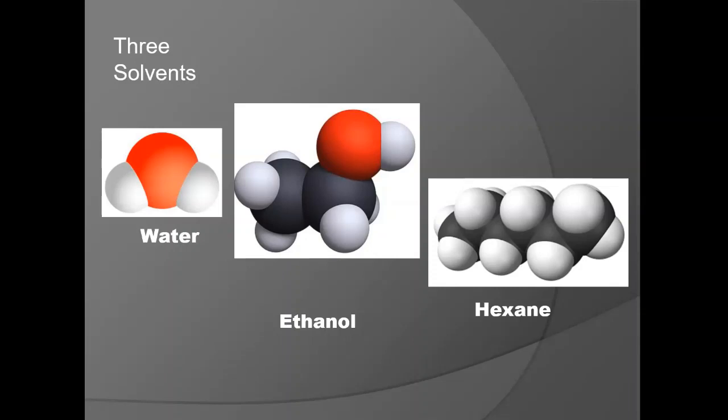So water has 2 polar bonds in it, one between each of the oxygen and the hydrogen. Okay. Ethanol has some non-polar bonds. C and H is considered a non-polar bond, but it does have 2 polar bonds in it between the carbon and the oxygen and the hydrogen. Hexane, on the other hand, has no polar bonds at all. All of the bonds are either CC bonds, which are bonds between elements that are the same, so they're nonpolar, or CH bonds, and CH bonds are considered to be nonpolar because the electronegativity of carbon and hydrogen is so